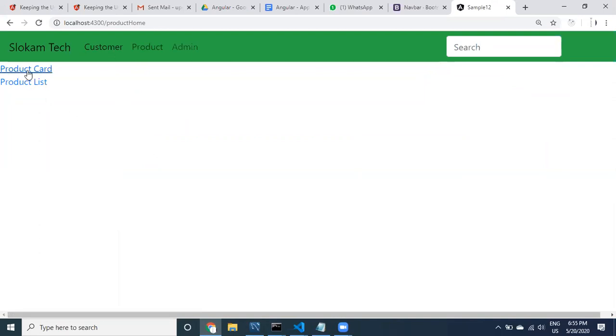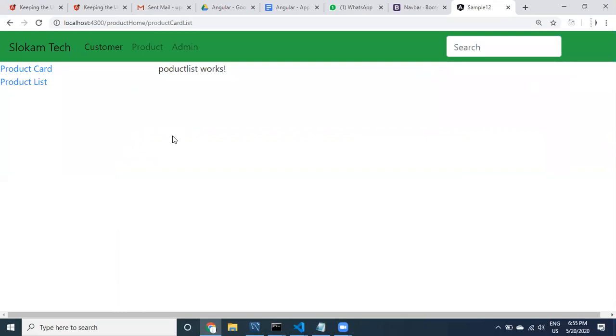Let's look at it guys, and click on product, product card. So what happened here? Product works. If I click on product list, it works. Importing the module is also important when we are working with child routings.